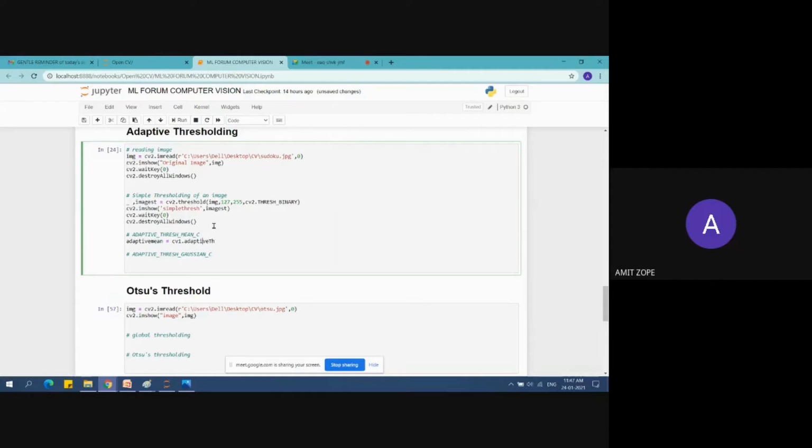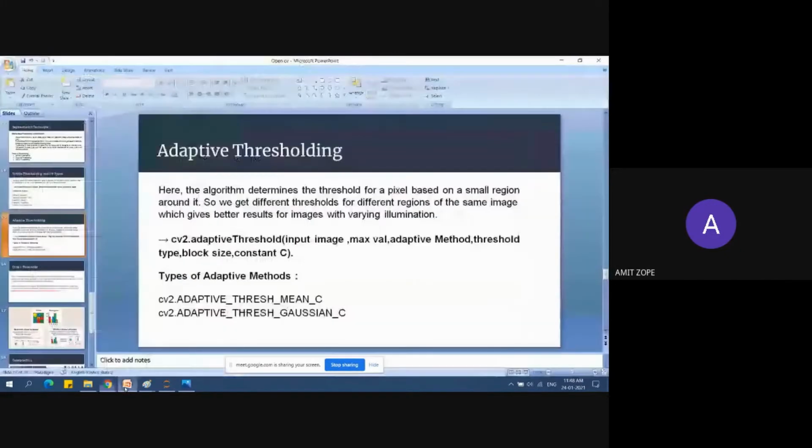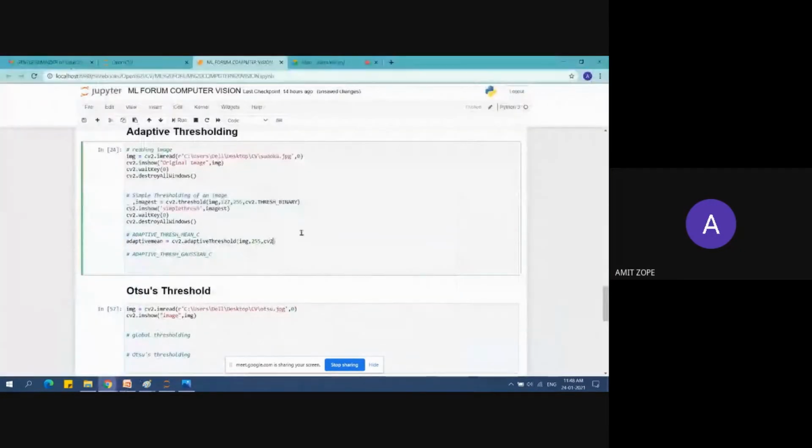Threshold should come, cv1, no, cv2.adaptiveThreshold, and whatever image we want to give, the maximum value, I think so. Yes, maximum value, adaptive method is cv2.ADAPTIVE_THRESH_MEAN_C, and cv2.